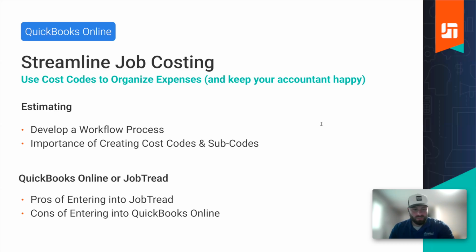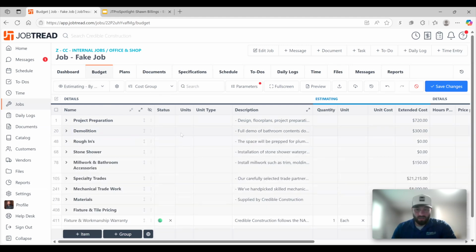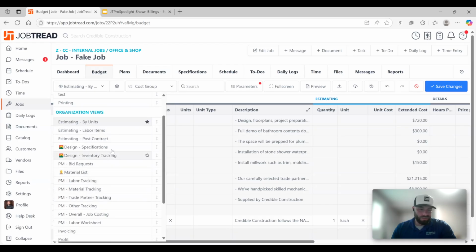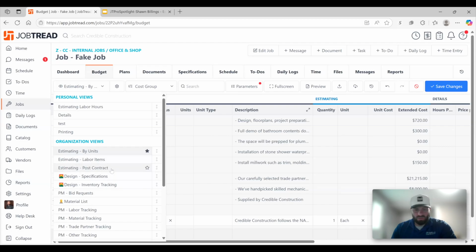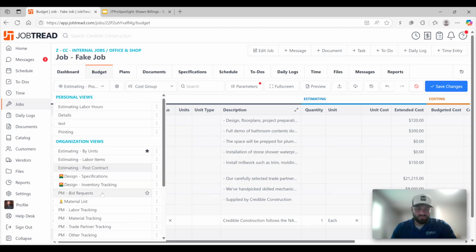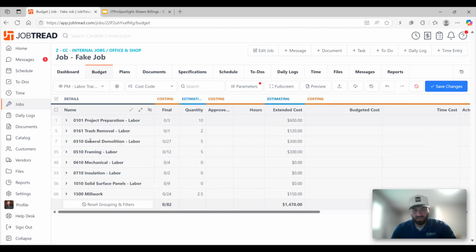I do want to circle back real quick and show you our job in here, and a couple of our custom views that we have set up to help streamline this process, and show you guys what we do. We have a few different ones in estimating. I can see post contract if I want, so that I can see what we actually have budgeted or not, because sometimes it's easy to lose track of, did I put this in the proposal? Did I not? And then we have a bunch of project manager ones where we can track labor separately in here, see what people are clocking in and out of, and how much